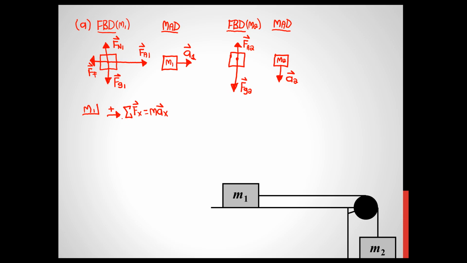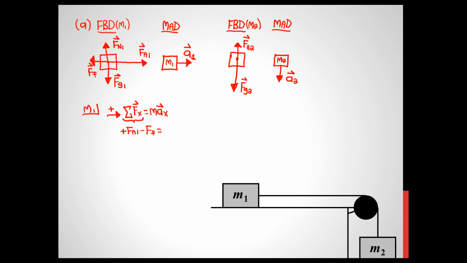Okay, now we're going to expand the sigma Fx part, just like you did for an equilibrium problem. So what this means is, look at the free body diagram, look at the forces in the x direction. So there's two of them. There's FA1 and there's FF. If the force points right, put a plus sign in front of it. If it points left, put a minus sign in front of it. So this would then turn into plus FA1 minus FF